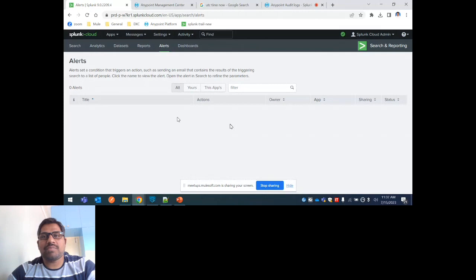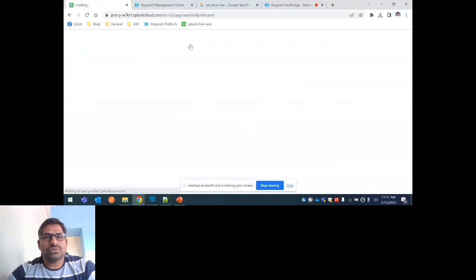Let's say this is the error message, please create an alert. If you create these alerts in our Splunk, whenever this particular message reaches Splunk, Splunk will create an alert and then send an email to the required team members. Okay, so the dashboards I just created just to view how the audit